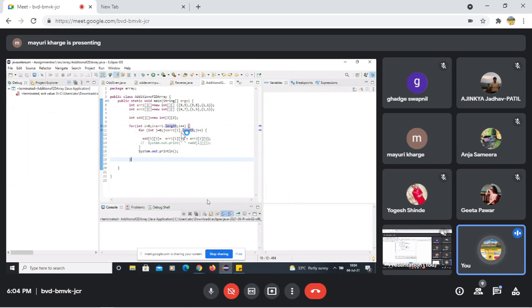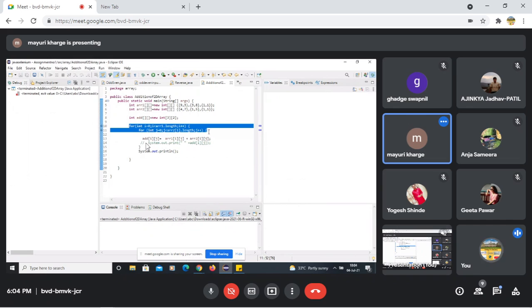So you can also print it after this. If you want to print, you need to again use two for loops. It will not give the correct result if you print here. So copy these two loops and again write a println statement. It will print. These two loops? Yeah, both the loops. Copy, paste.